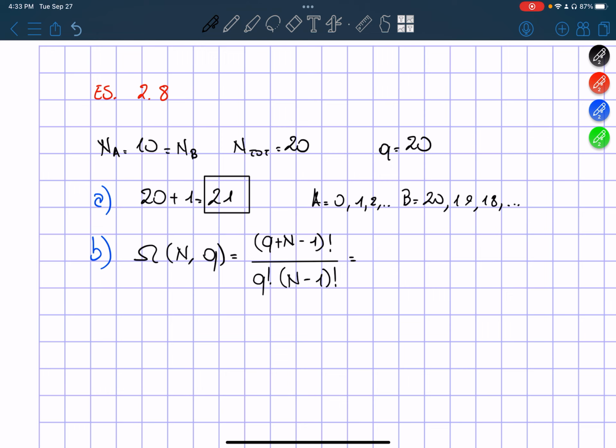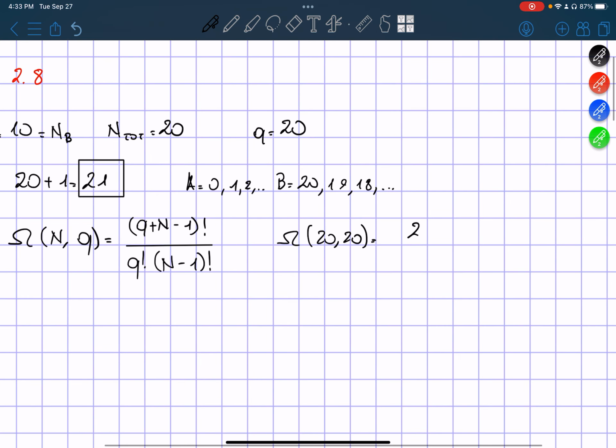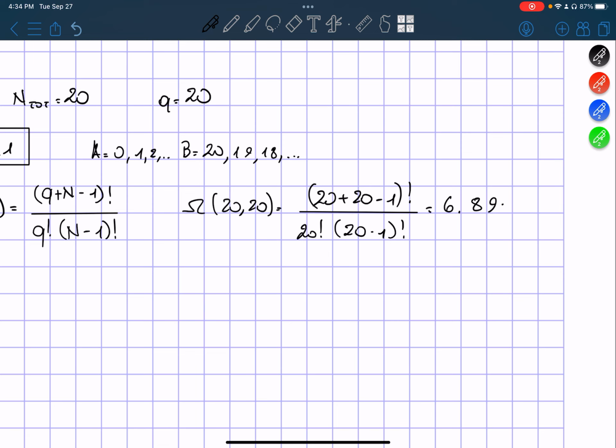So for Ω(20, 20), it's equal to 20 plus 20 minus 1, which is 39 factorial, divided by 20 factorial times 19 factorial,